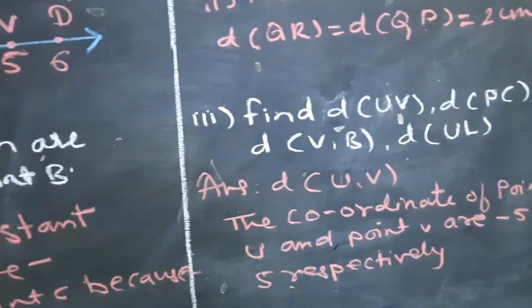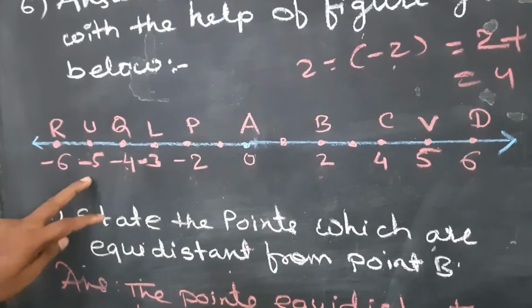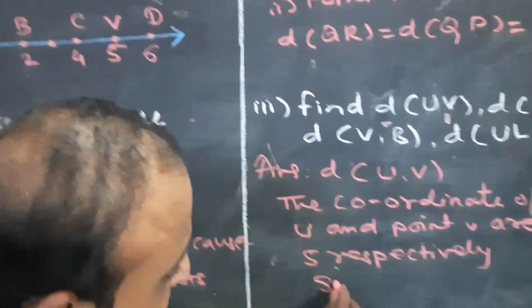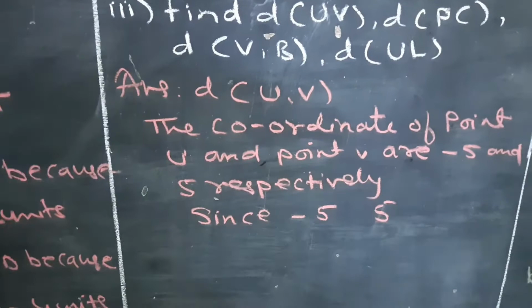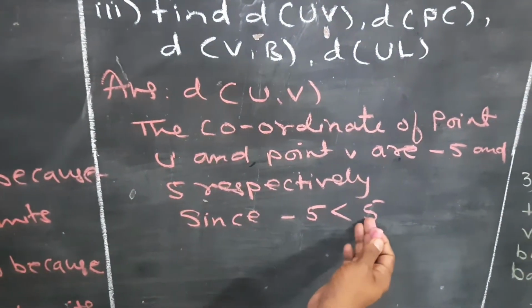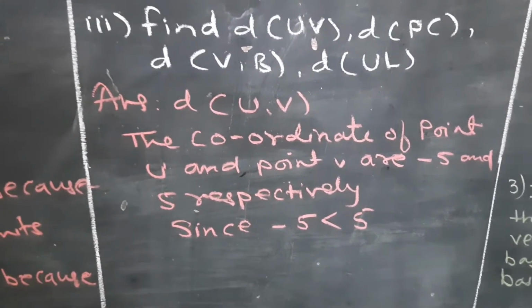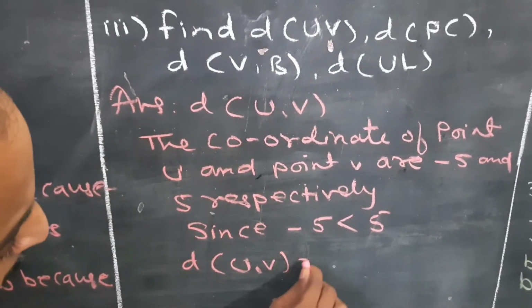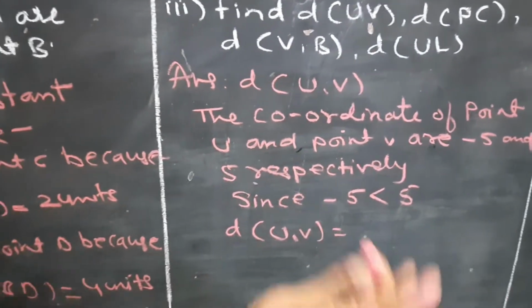Okay, as we can see on our number line, U is represented by -5 and V is represented by 5. Out of -5 and 5, we know which number is greater: the plus sign is always greater, so +5 will be greater than -5. Now we have to find the distance between points U and V. It becomes very easy, and we know